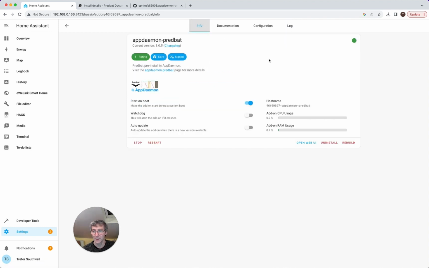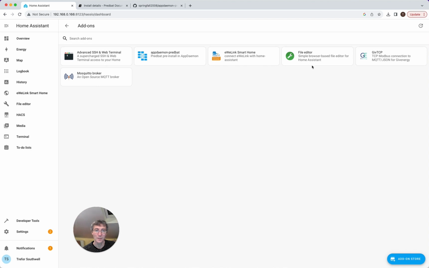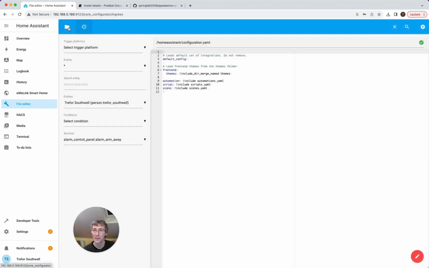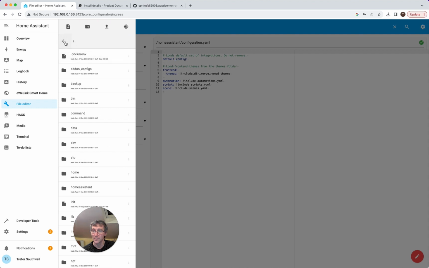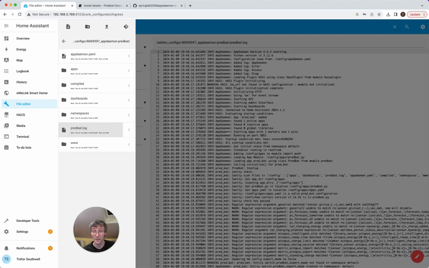And so now this is going to be up and running, but it will have an error because I haven't edited the configuration yet. So remember from the settings, from the add-ons, the file editor here, remember that it needs to have enforce spacebar turned off, and that is because when I go to file editor, I'm going to have to go back and go into add-ons config, and I'll find AppDaemon Predbat here, and then I find my AppDaemon YAML, that's pre-configured for me. I find the Predbat log. This is the file that you'll now need if you want to raise any tickets or look at what's actually going on. What you'll find is it's going to have an error in here